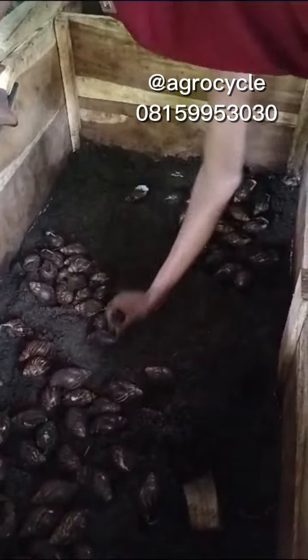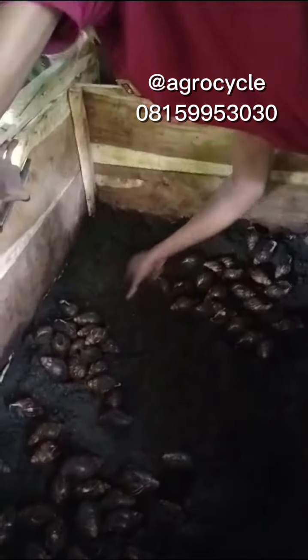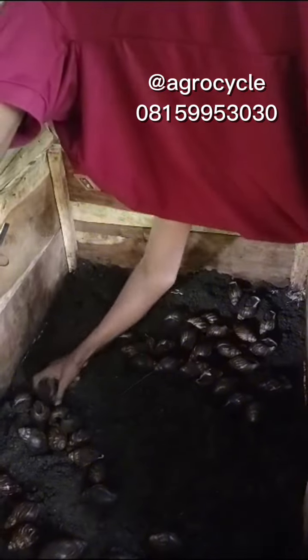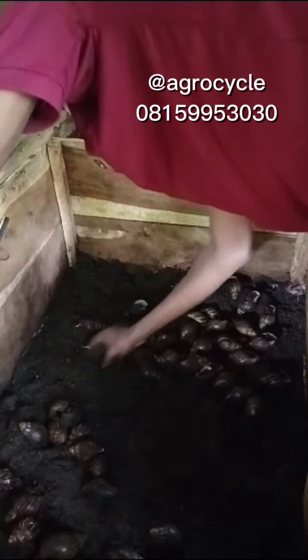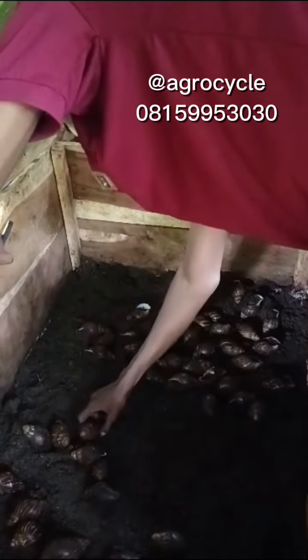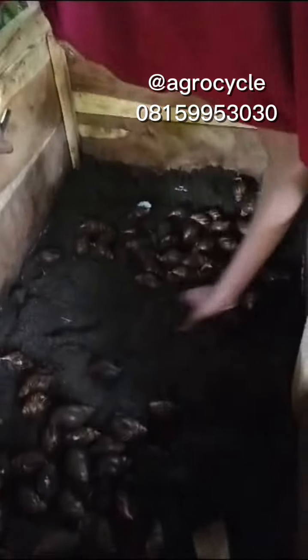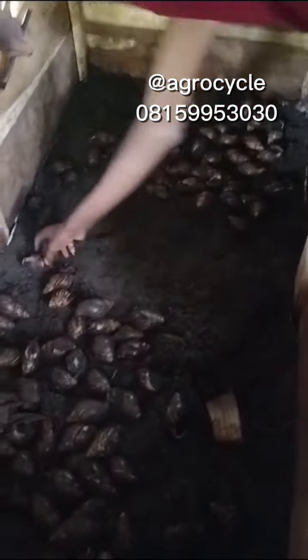If you didn't have those mulching materials and sticks placed properly, the snails would literally have the walls of the pen and the floor to move around, just like what you're seeing. Okay, so anyways, just counting to make sure that he got the right number,